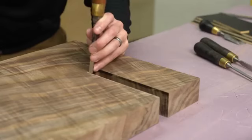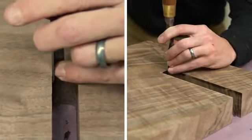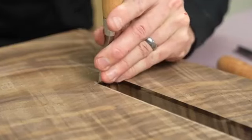I got my butt chisels and my corner chisel out to square the edges up on both tables, the Mappa table and the big walnut table, and I'm embarrassed to say that I had a whole joke written out about